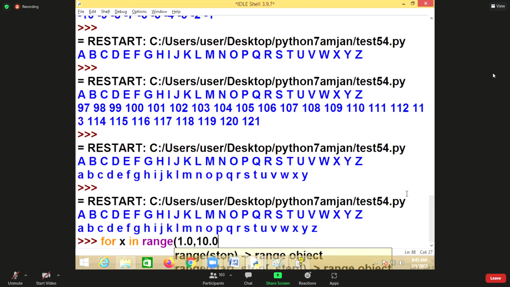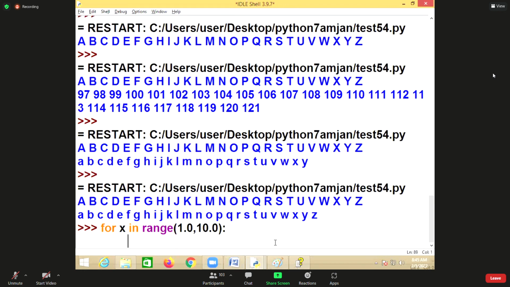I cannot write like this, 1.0, 10.0, because range allows only which type? Integer type.